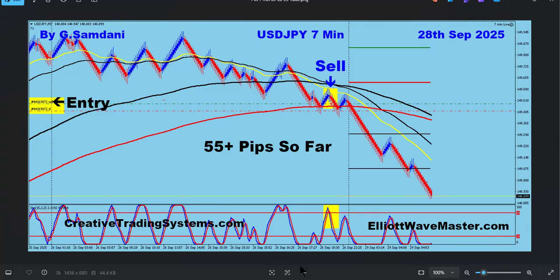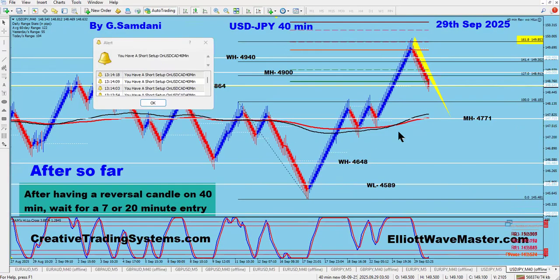Now, the USD yen daily range, if I show you on this broker here, this is my expert advisor or indicator, and it shows the daily range. So the daily range average is 122 pips for this pair, USD yen. It moves 122 pips every single day from top to bottom, in either direction. So it depends on the fundamentals. If the USD gets weaker, earlier in the news for example, early in the morning, and then it starts to drop,